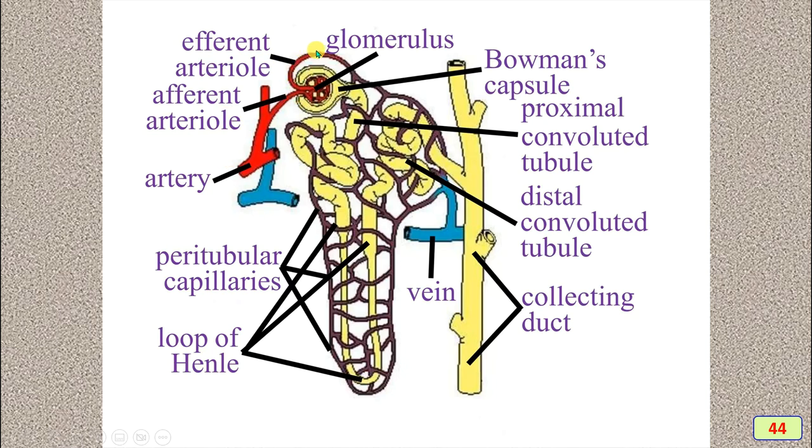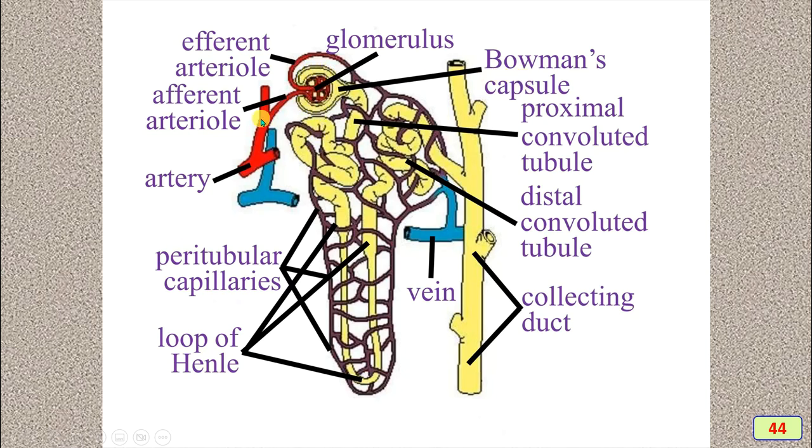Then the efferent arteriole is surrounding the entire nephron, and the peritubular capillaries are the branches of the efferent arterioles. Then they are all surrounding the nephron, and the structure wherein the blood is squeezed is called the Bowman's